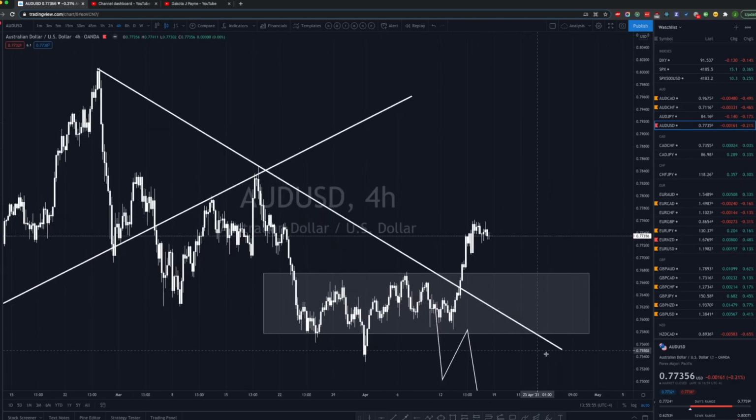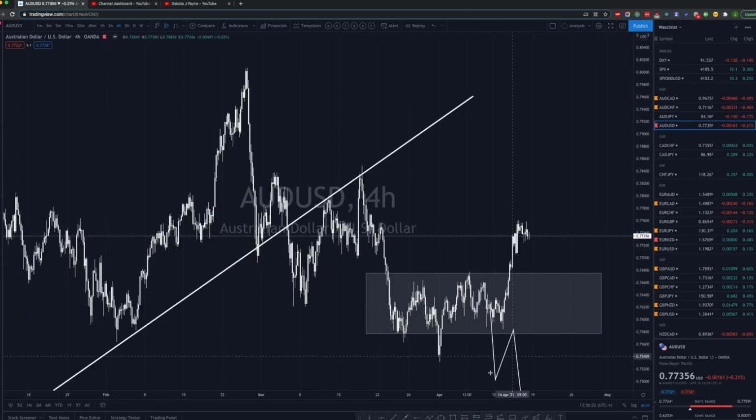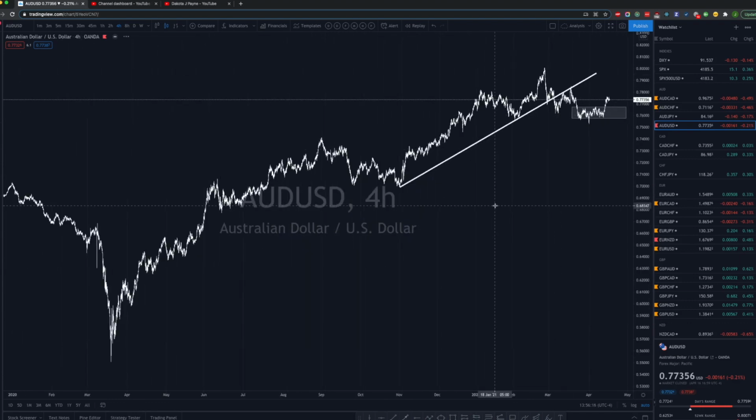So I'll be paying attention to it. There's no solid trading setup for me on this pair, but if I see one, I'll just delete this as well because that's no longer needed. But I mean, USD has been in this uptrend for a while, right? We've been in this longer term uptrend market. So